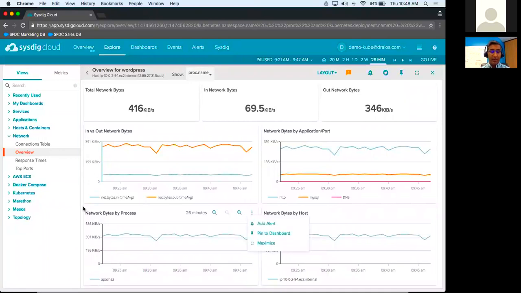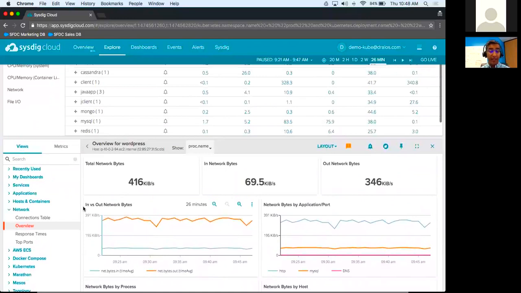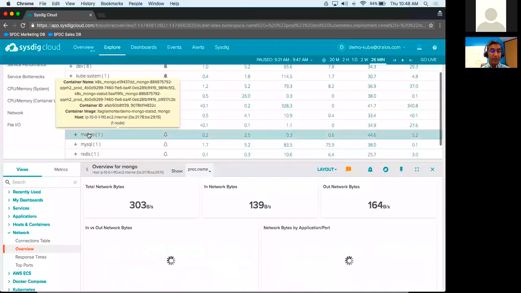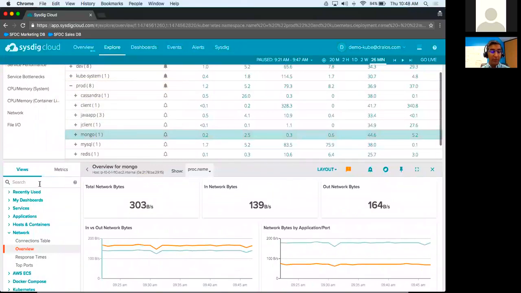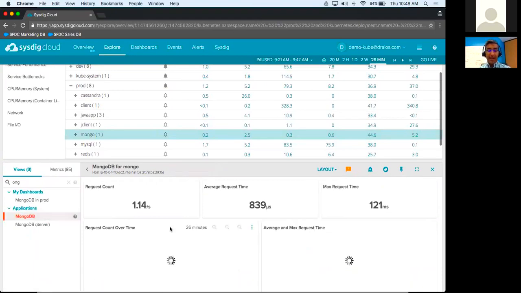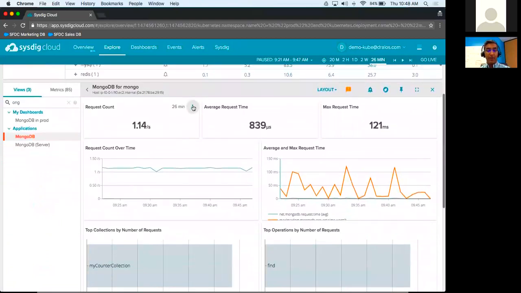Great. All right, so let's now talk a little bit about alerting. That's the only thing we really haven't talked about in detail here. Just for the purposes of alerting, we'll go over here to my Mongo dashboard. There we go. And say, let's suppose we want to create an alert here and we want to do something based on request count. We can click here and we get this alarm bell, which you see in a lot of places in our app, and that's how you add an alert.